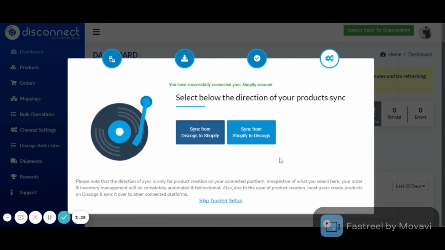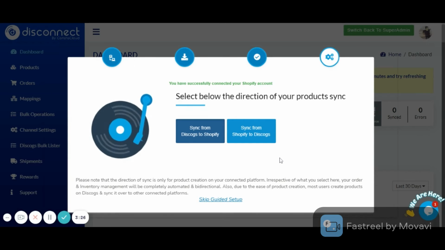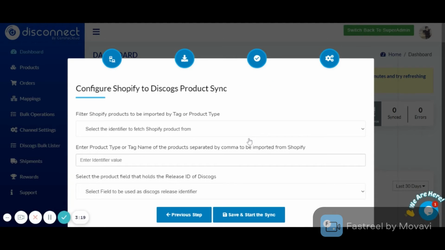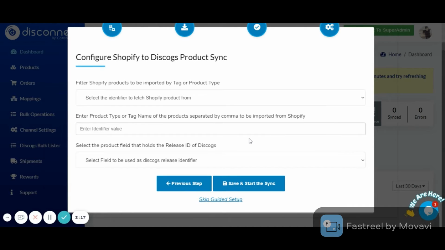Now it will ask you to select the direction where you want to sync. As we are going to sync from Shopify to Discogs, we have to select the Shopify to Discogs product sync button. Here you will get the option to select the tag or product type from which we are going to fetch the details of the product.